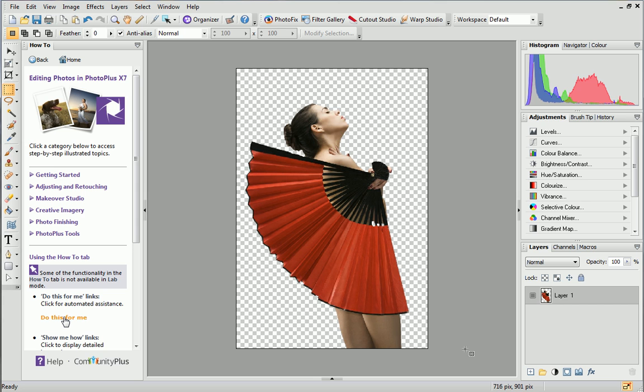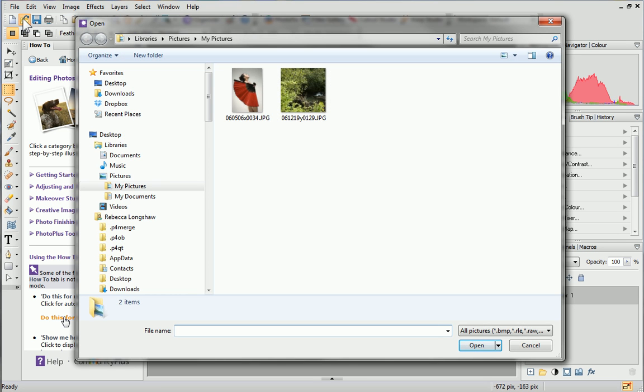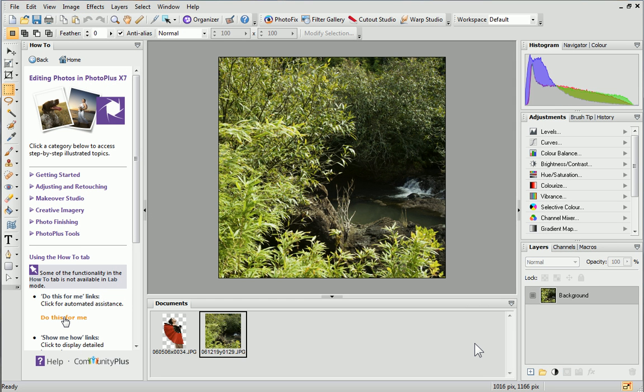My cutout has a transparent background now, but I'd like to add a new background. To do this, I'll open a new photo in PhotoPlus. From the standard toolbar at the top of the workspace, click Open. Navigate to the location where your photos are stored, select the one you want to be the new background and click Open. The photo will open as a new document and will be displayed on the Documents tab at the